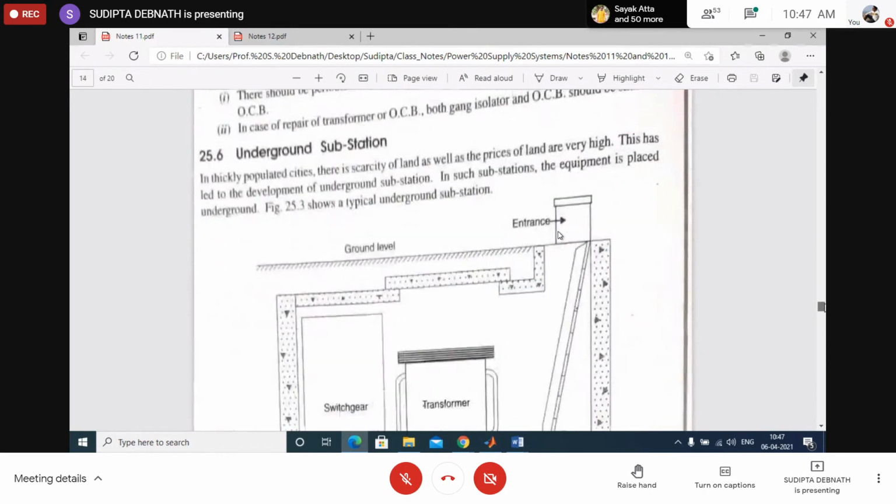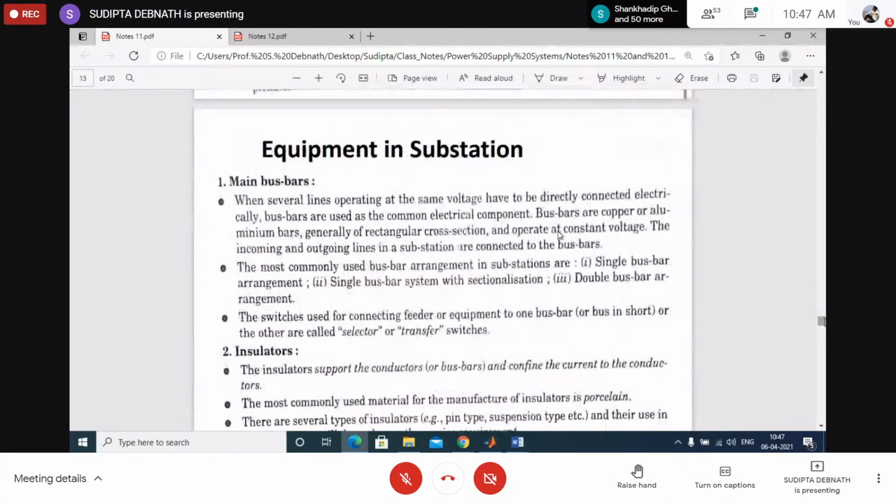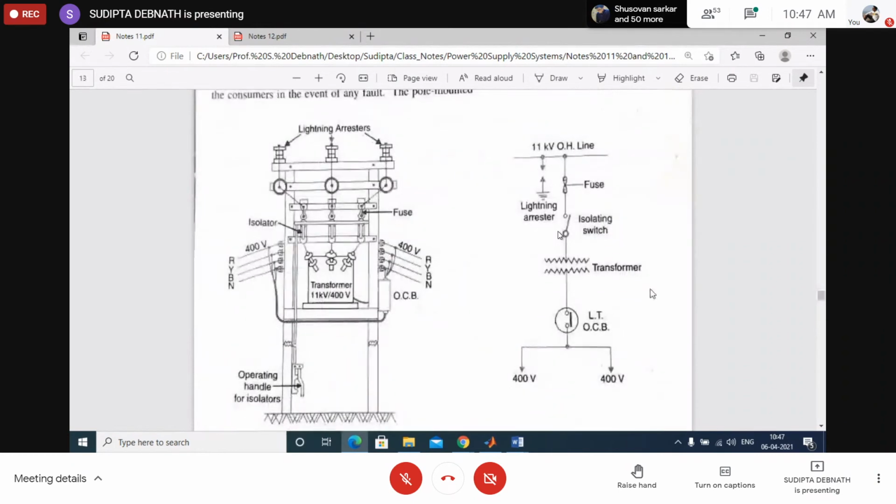Now, what is an isolator? Because you have in your syllabus disconnecting devices. You can understand a fuse is a disconnecting device. This is insulator, not isolator. Isolator means just the switch. So an isolator is a disconnecting device. And what is the function of a circuit breaker? Its function is also to disconnect the circuit. So it is also a disconnecting device. So you need to study these things.